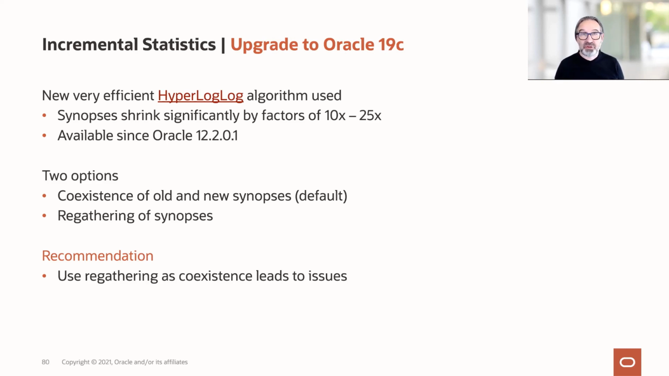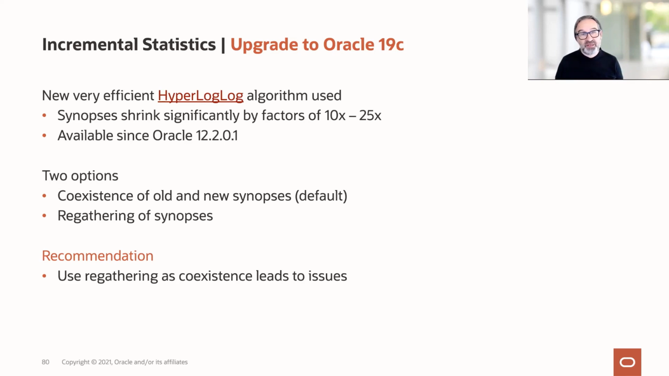And with that algorithm, the synopsis shrinks significantly. From the tests I've done and what we've seen, we would estimate between a factor of 10 to a factor of 25. So let's assume we had a terabyte synopsis before, then it makes a huge difference if you now have just 100 gigabytes consumed rather than a terabyte before. And it can be even less than that. That is available since 12.2.1. And actually there are two